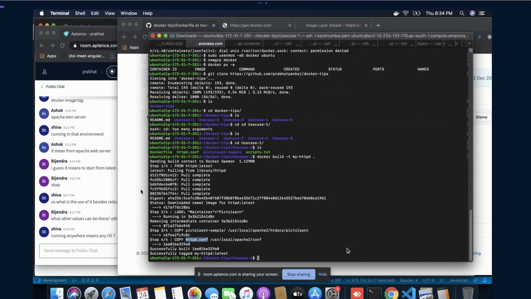Running anywhere means anywhere. Yeah, of course. If you have the Docker environment, you can run this project by using a single command.